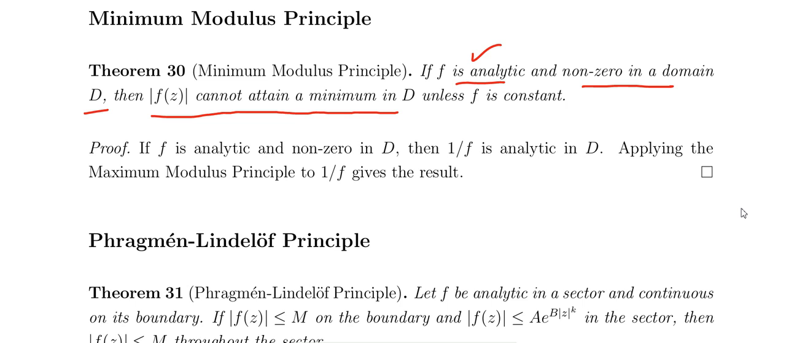1 by f is also analytic in D. So because f is non-zero, when you apply the maximum modulus principle to 1 by f, that is called the maximum. So f is constant, and this is possible. Okay,